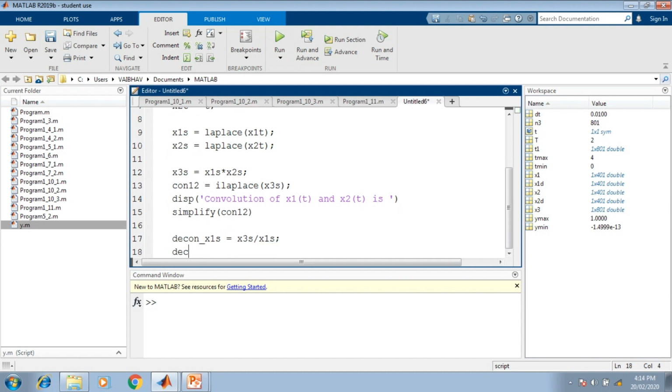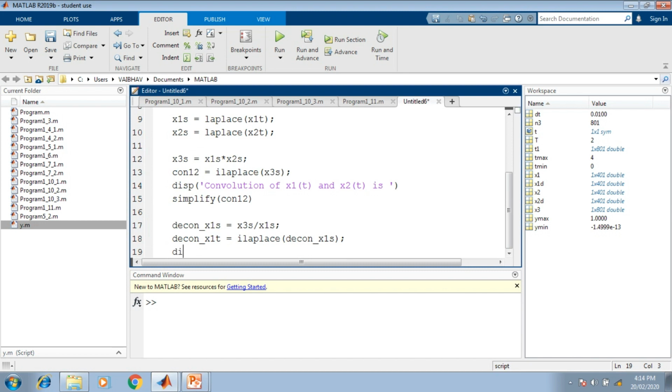In the similar fashion, decon underscore x1t, that is the time domain representation, can be obtained by having the inverse transformation. So I just mentioned I Laplace, and the input can be the variable that just now we have computed in the above step here. So this is decon underscore x1s here.